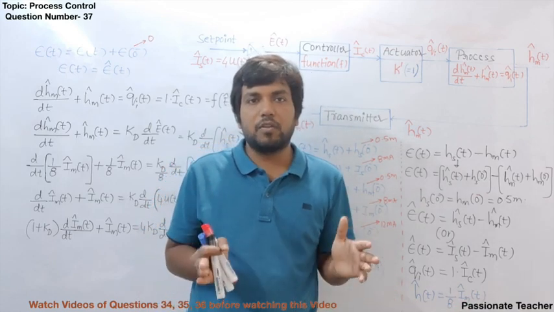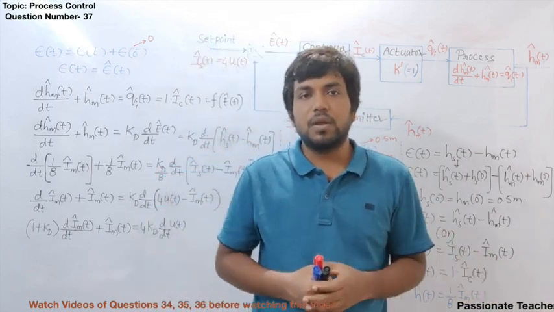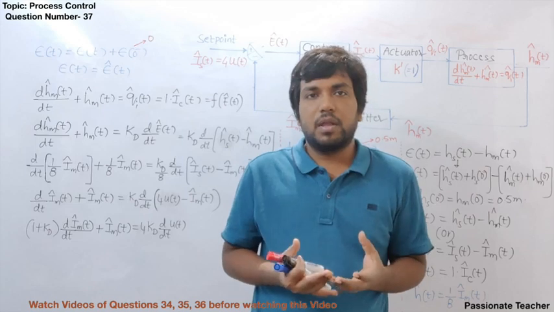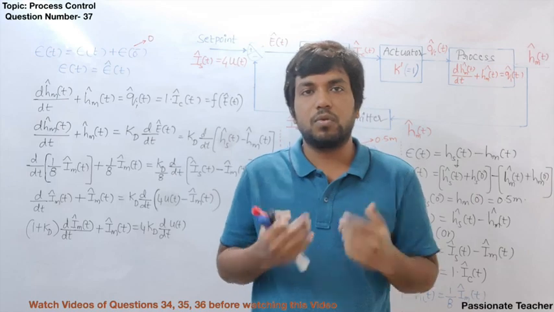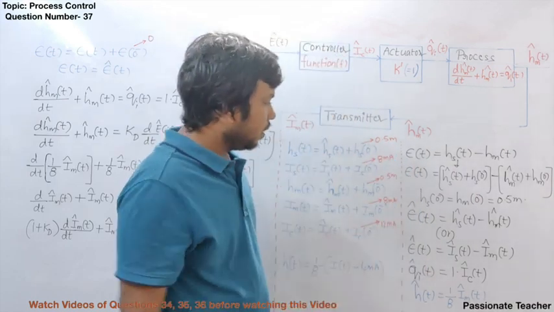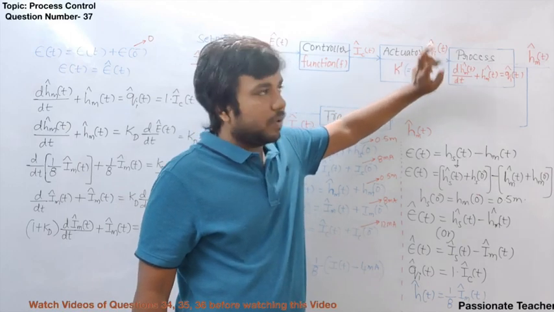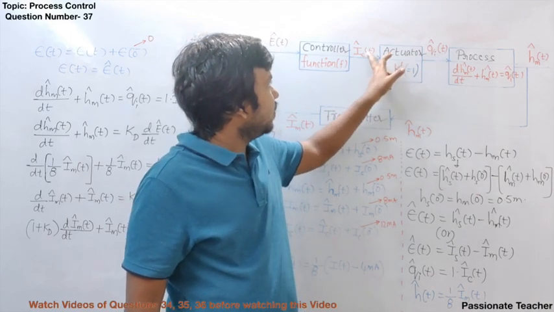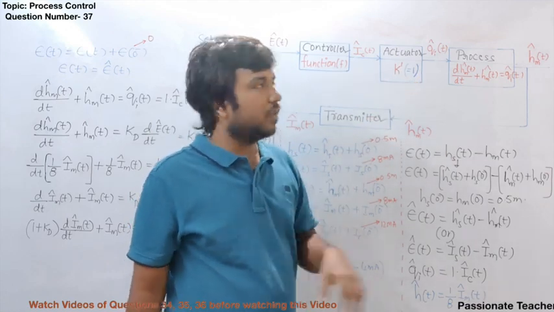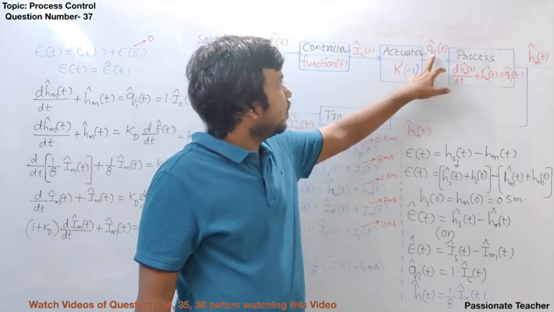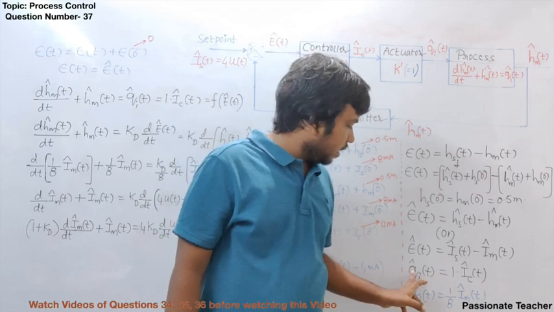Clear? So, I have explained all the variables we are going to use in the next discussion, because without understanding the variables, you will not be able to understand how the derivative controller really acts in the closed loop control system. Now, let me tell you one more point here. If you look here, Qi cap of t is going to be k dash into Ic cap of t. Purposefully, for mathematical convenience, I have taken k dash equal to 1. Then Qi cap of t will be equal to 1 into Ic cap of t. That is directly written here.